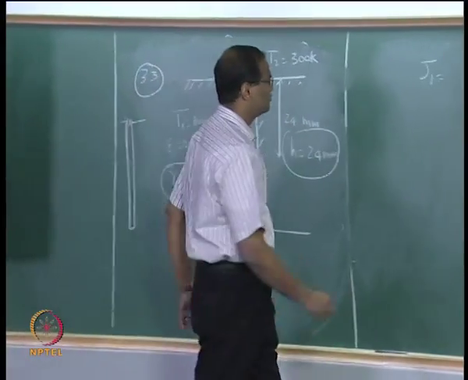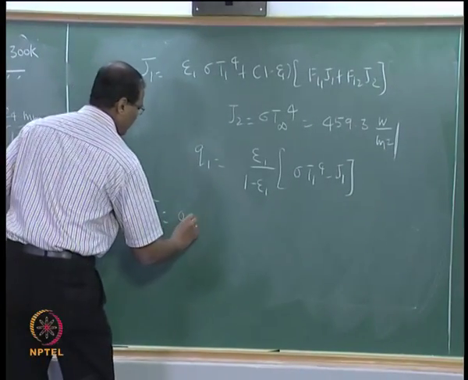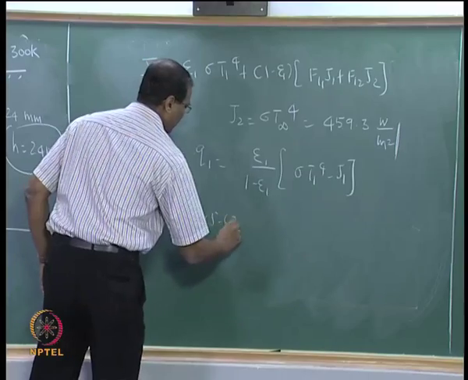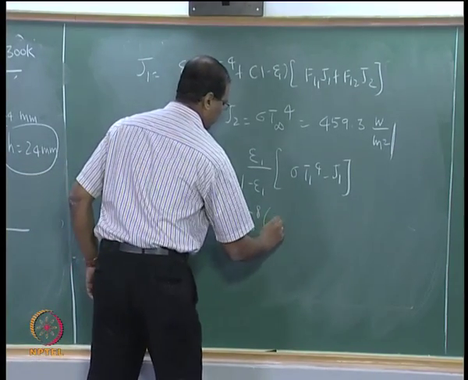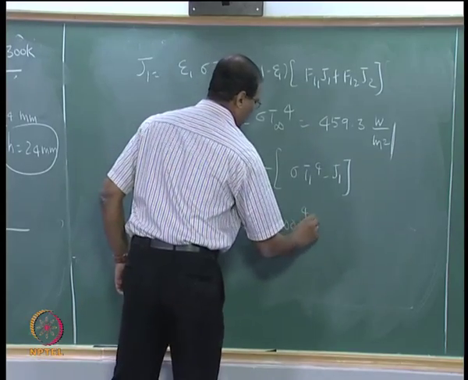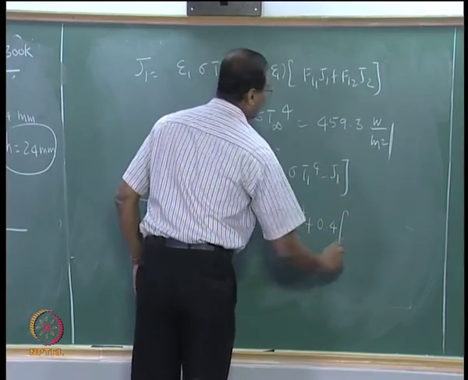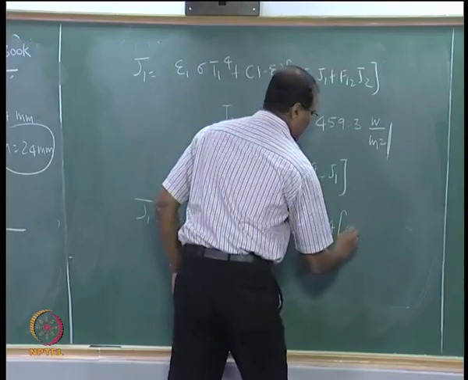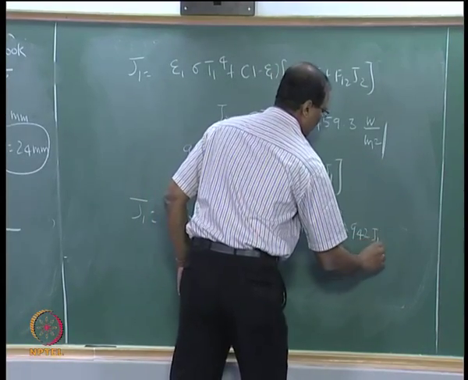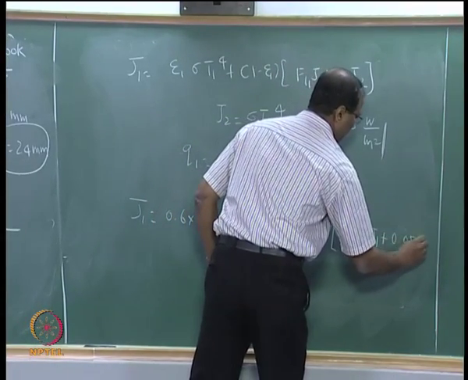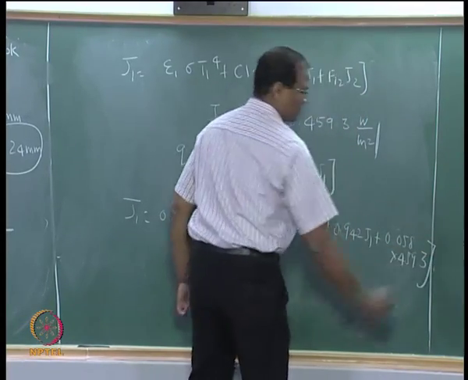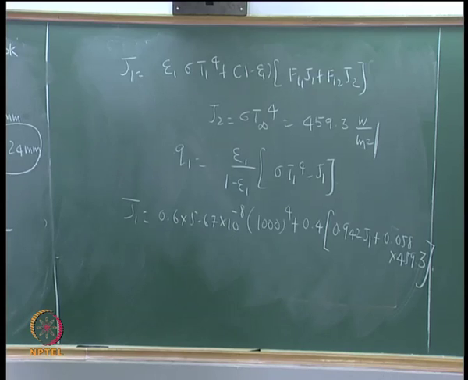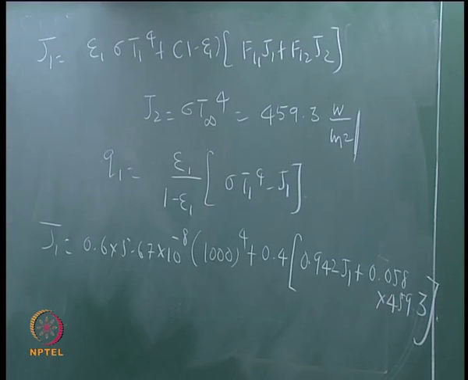Let us get J1 now. Yeah, please do the algebra. So you will have 0.4 into 0.942, so